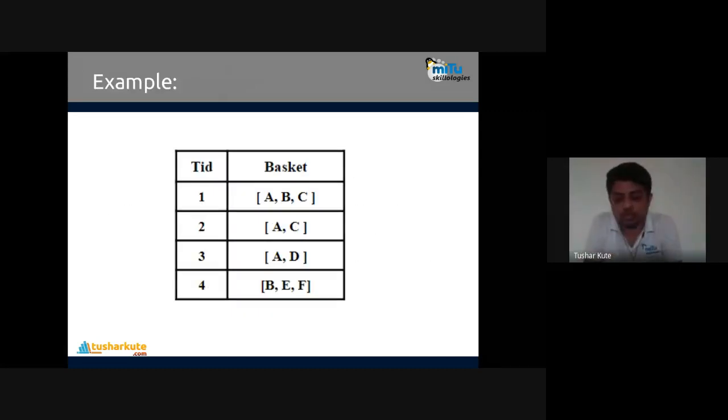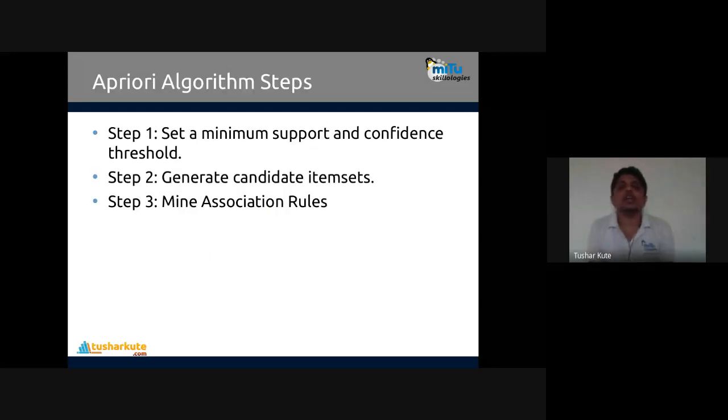Let's go with the example. There are 4 steps. The algorithm contains 2 common steps that we have seen, which are also present here, but they are divided into a few more subsets. So 4 transactions are there. TID means transaction ID. The baskets contain ABC, AC, AD, BF. Is there any association? We can find AC has an association. But let's take this simple example, and then we'll practically see how the association rules are created.